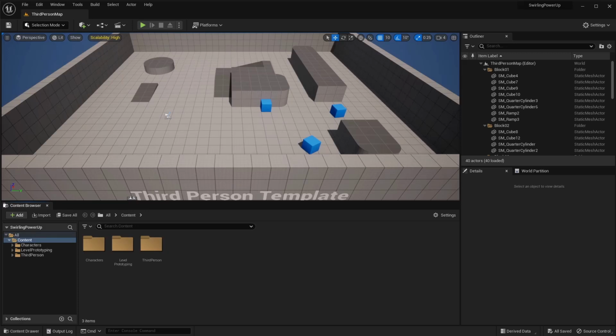In today's episode, we're going to create a swirling animation using the Niagara system in Unreal Engine. This animation can be used for power-ups, collectibles, and other interactive game elements to make your project even more engaging